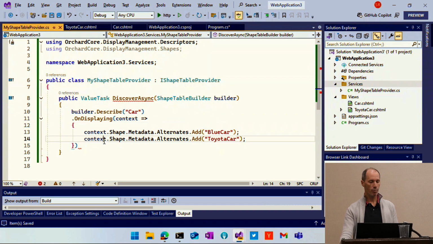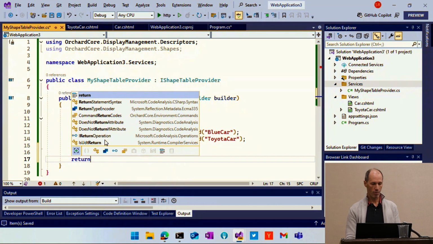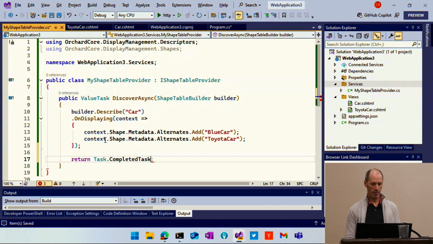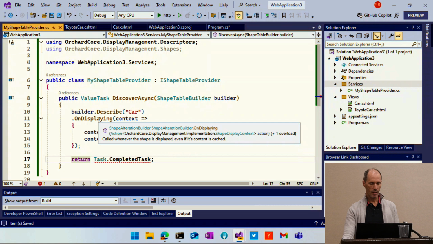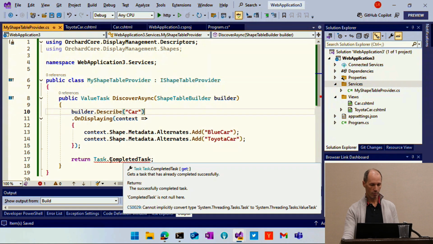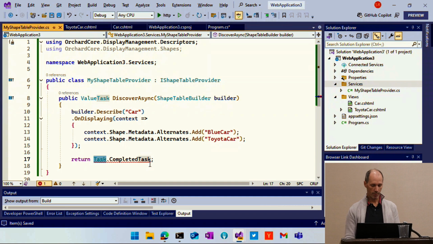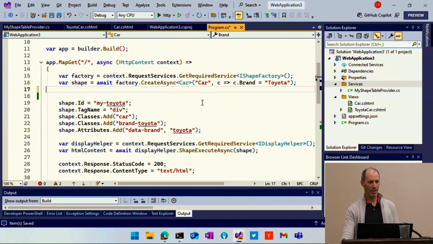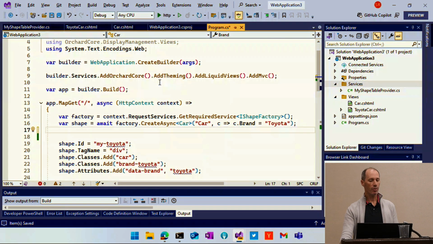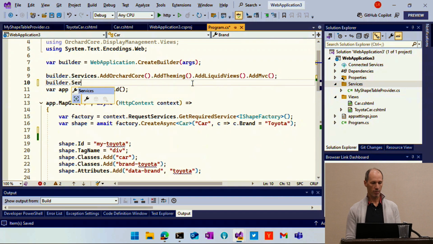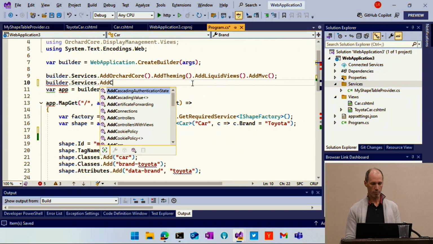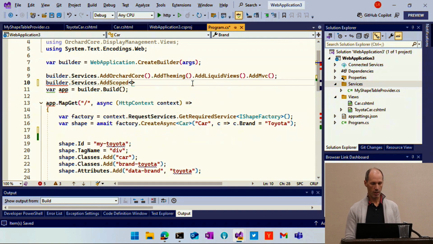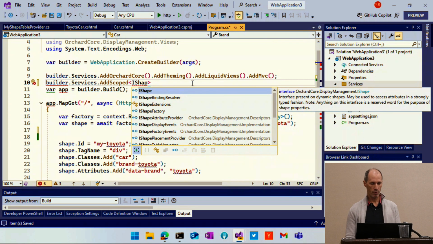Okay, same code, but this time I need to do return Task.CompletedTask, and this thing here is not async, so that should be fine. Why isn't it fine? ValueTask, maybe. Okay, here, and now I need to register the service. So builder.Services.Add singleton. That's scoped. IShapeTableProvider,